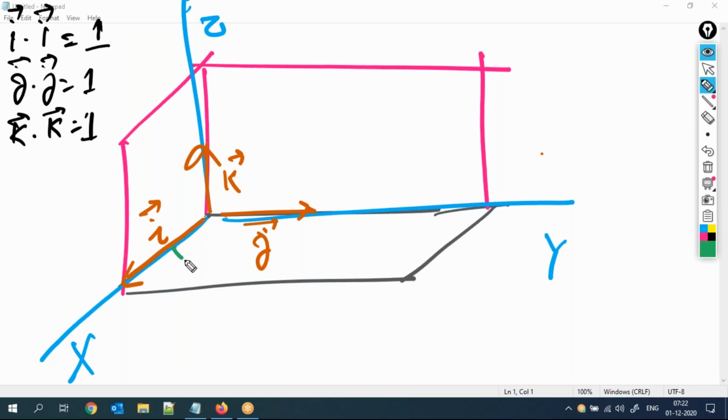So i cross j, right? Theta is positive or negative? Positive. Very good. So i cross j will be equal to